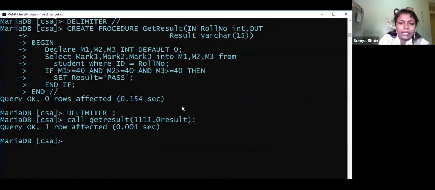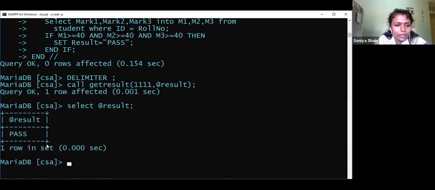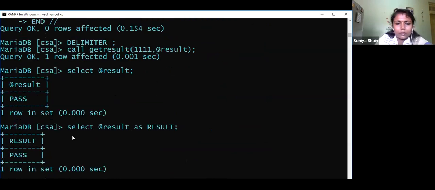Let us see where the value will be in the result. We have to display the value of result. Select, what is the session variable? Result. Here I used result. So see here, result: pass. If you want to customize the heading, you can use an alias as result. Okay, now it comes as result pass.